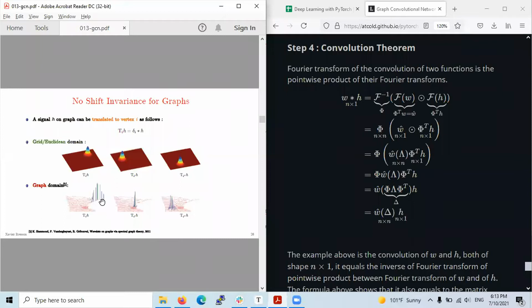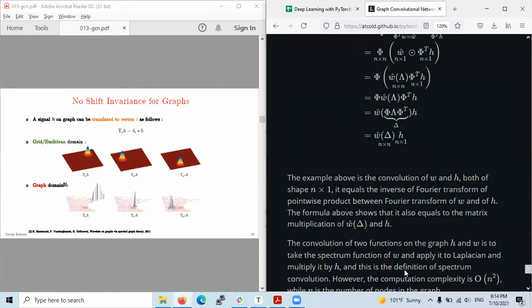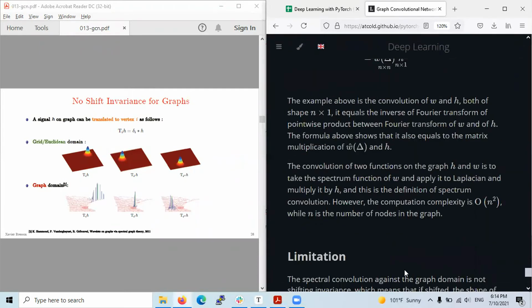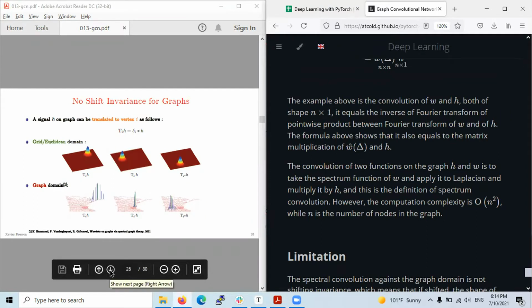But it's not the case in graphs. In the spatial domain, for graphs, you cannot guarantee that. Whenever we start convolving different sections of the graph, the process is the same, but it's not the same as doing it in one corner and the other. So this is the limitation that we have for graphs when a convolution happens in the spatial domain.